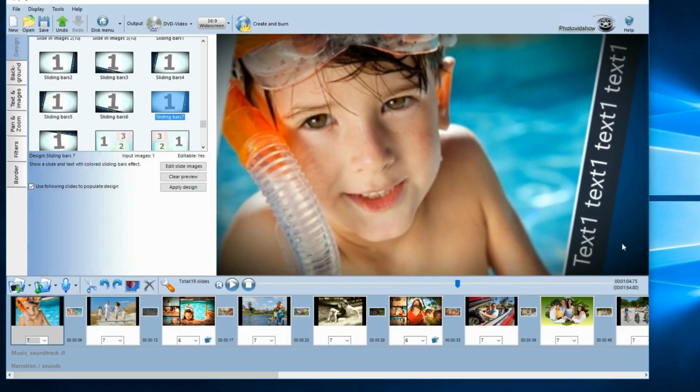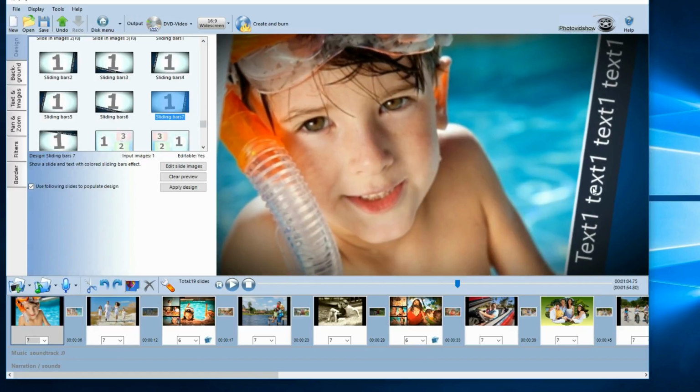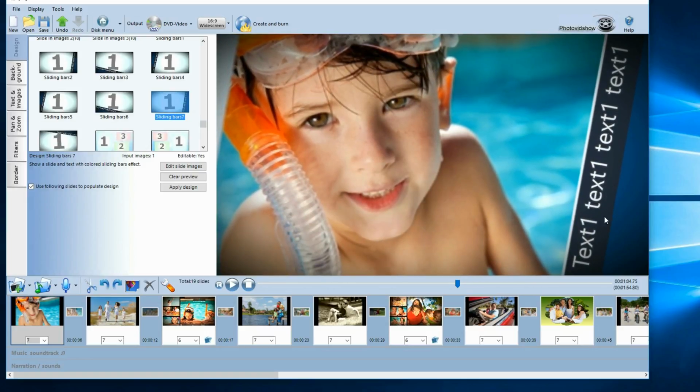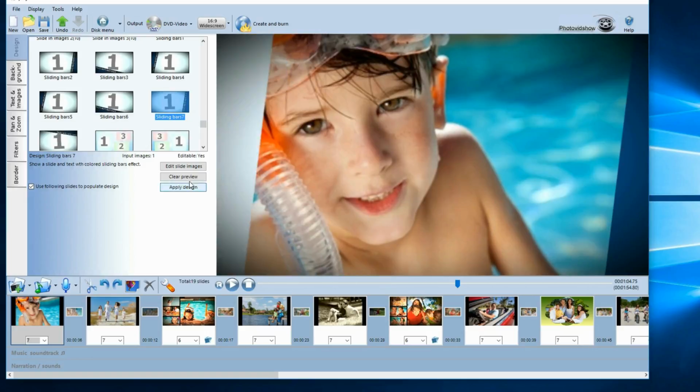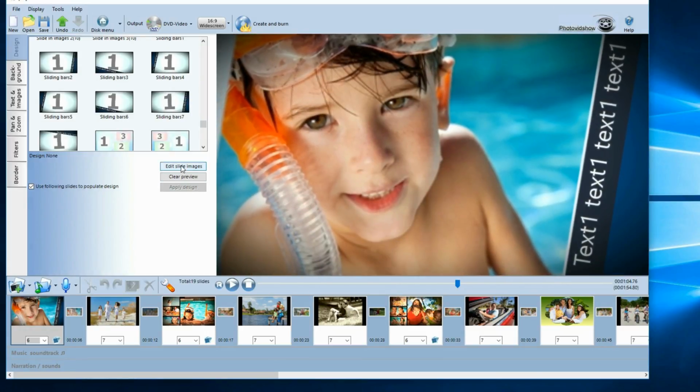Say we want this nice effect to introduce our slideshow. As you can see, it says text 1, text 1, text 1. Now how do I edit that text? That's the question. So if I was to apply that design and then select edit slide images,